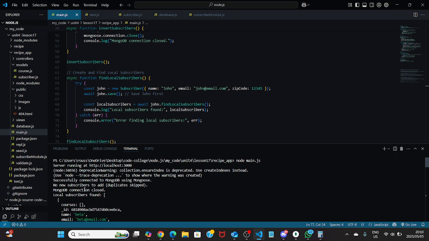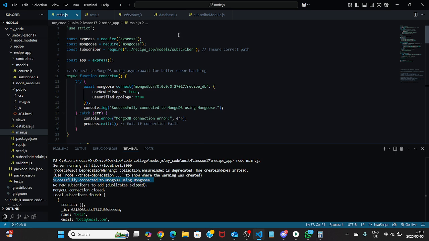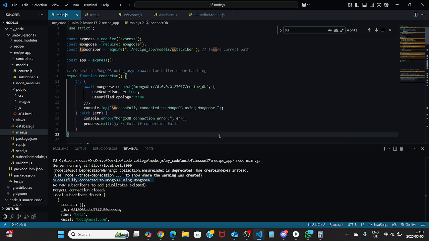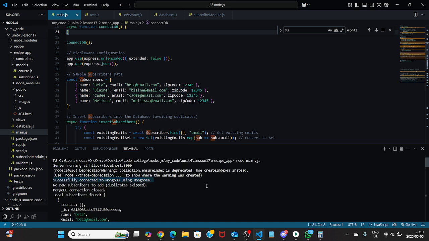So when we start the server, we will see the console.log, successfully connected to MongoDB. Let me find the console log. Yeah, it is. And then we can see all the subscribers that were listed. Let me just get them. As we can see,